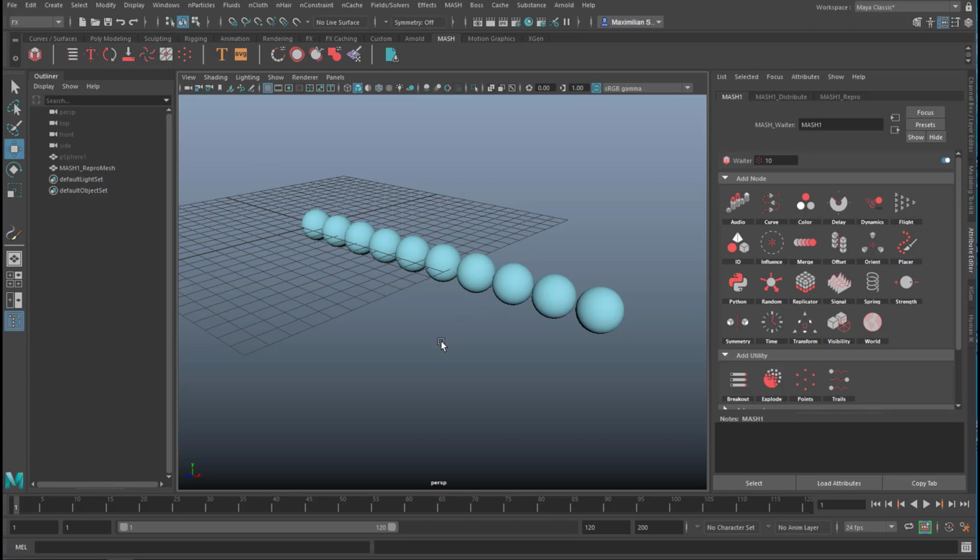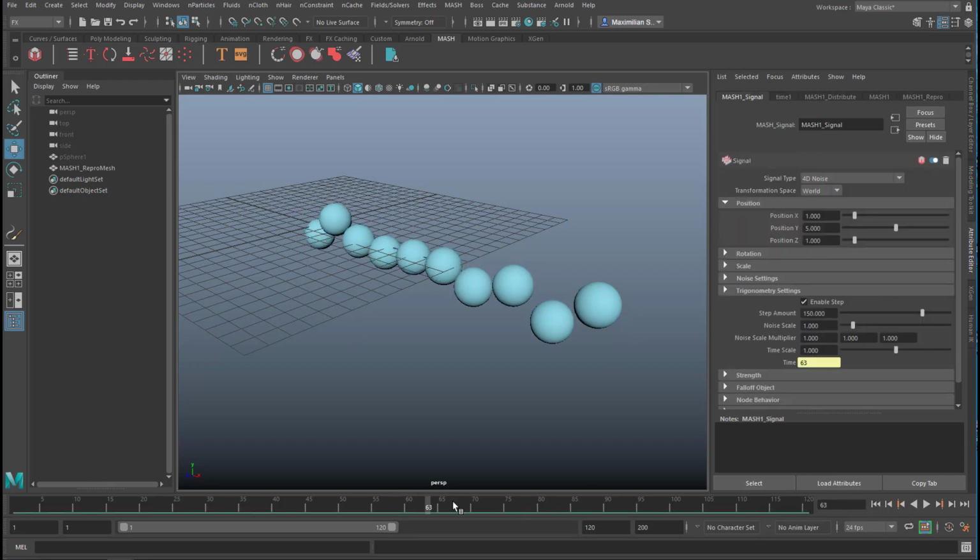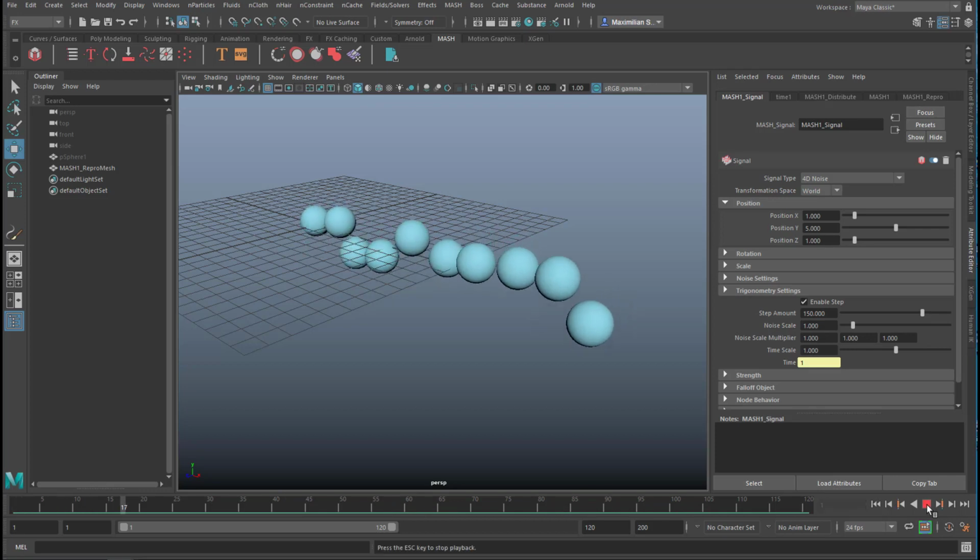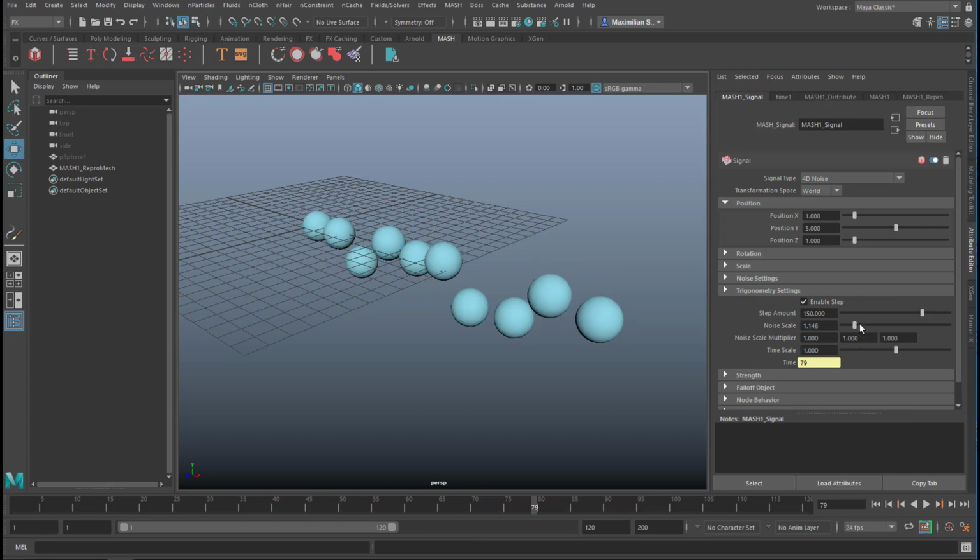And let's see what the cache playback does. It does nothing because there's no keyframe, no animation whatsoever. So let's create a signal node, which just does a little bit of animation, and now you see that the green lines have started to work again. When we change the noise scale, for example,